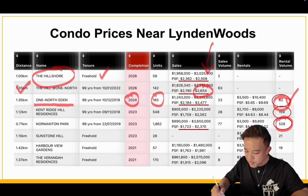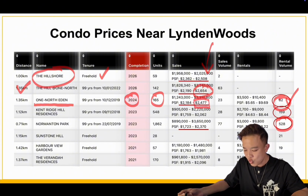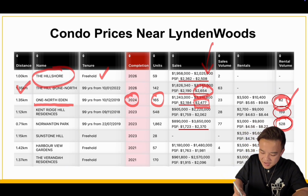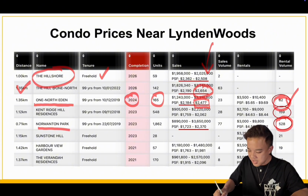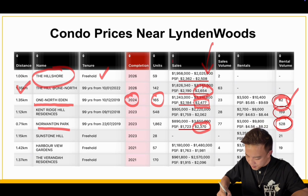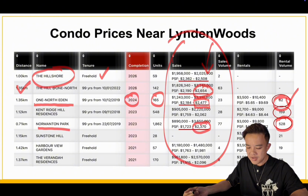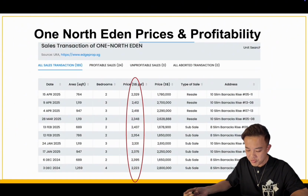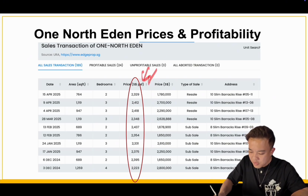When you go back to 1 North, you realize that this project near to 1 North MRT is transacting up to $2,400 per square foot. Normanton Park is another worth mentioning project. Even though they are not near to an MRT station, they go as high as $2,300 per square foot. So this is the price that you need to take note of when you are considering LyndenWoods, right? I bring out 1 North because you realize, at least recently, the past 10 to 15 transactions are all transacting between $2,300